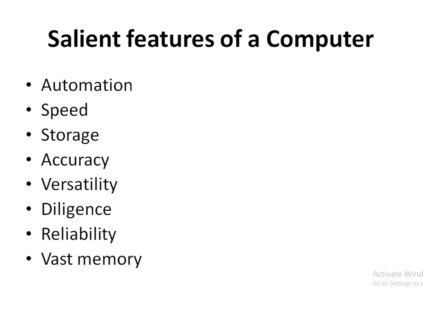We can store a lot of data virtually. And accuracy. If we make a calculation, sometimes we make mistakes, and we need many people to recheck it. But with a computer, you need not. Every time it will give the same result, the same accuracy. Accuracy is another important feature of a computer. And versatility. A computer is versatile. It can serve many applications. It can process video, audio, photos, scientific values. It processes many things. It is versatile.